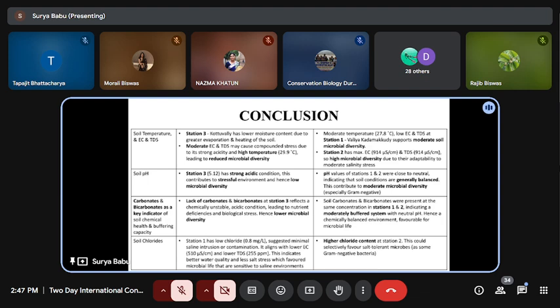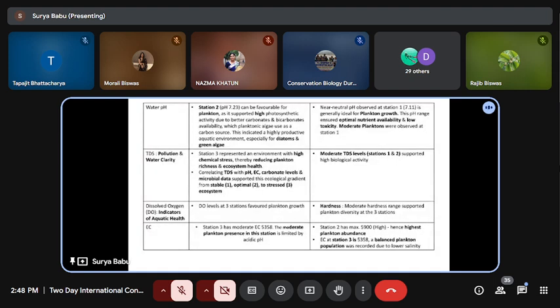Then coming to station 1, moderate parameters: the temperature, electrical conductivity, and TDS were moderate in these 3 areas, and hence the microbial diversity was in moderate amount. Then coming to the pH value, alkaline atmosphere was present in station 1 and 2. Comparing the water parameters with the plankton abundance, we can see that station 2 was favorable for the plankton growth, especially diatoms and some green algae were observed from station 2, that is the Kotuvalli,